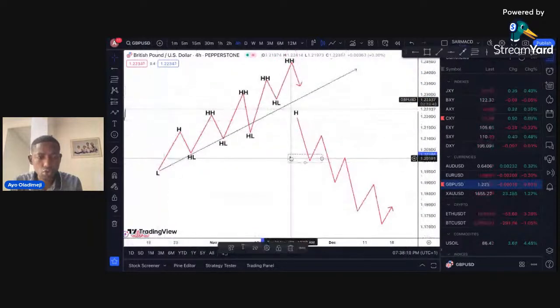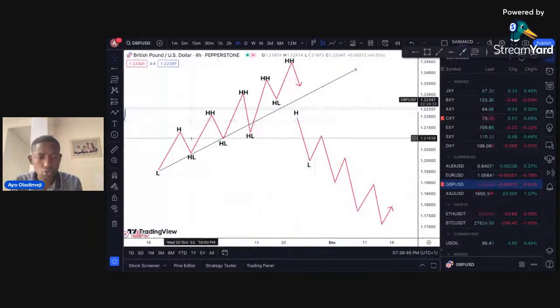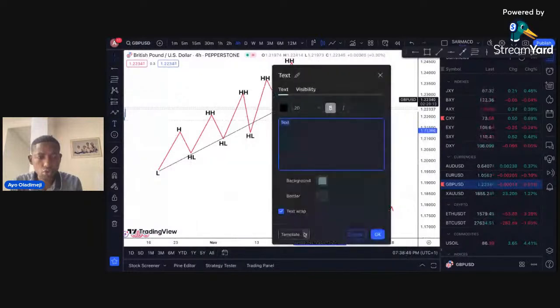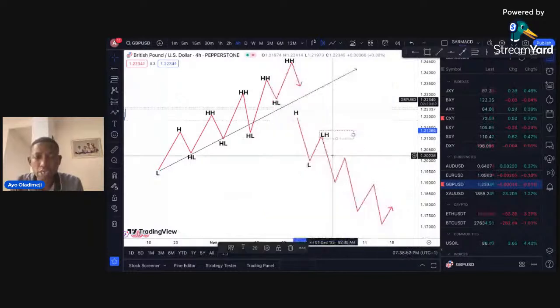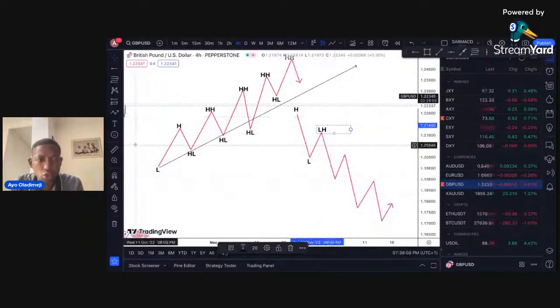So you have the impulse move of a downtrend, which is high to low. The impulse move of an uptrend is from low to high. So for a downtrend, that journey starts from a high to low. That means that price over a period of time is going down. That's a downtrend. Uptrend, price over a period of time is going up. That's uptrend. Okay. So we now have a movement of price from high to low, then from low to a lower high, what we call lower high. Okay. So it corrects to a lower high, then from a lower high to what we call lower low, lower low.